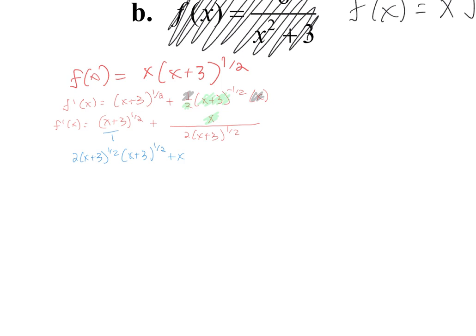Okay, and so that's really the entire numerator. And I think you can really help yourself out by trying to simplify while you're simplifying. And then we're left with that 2 times x plus 3 to the 1/2 power. All right, so